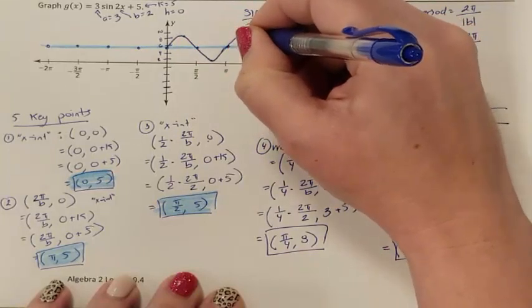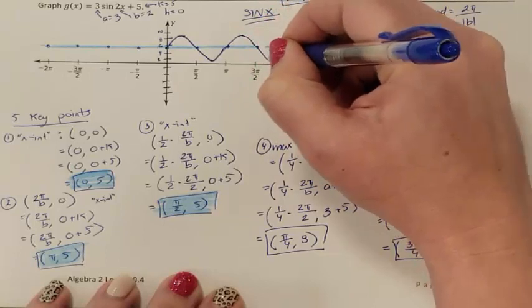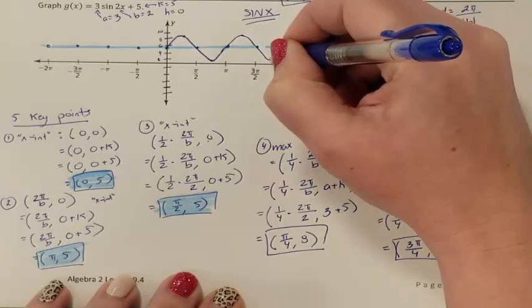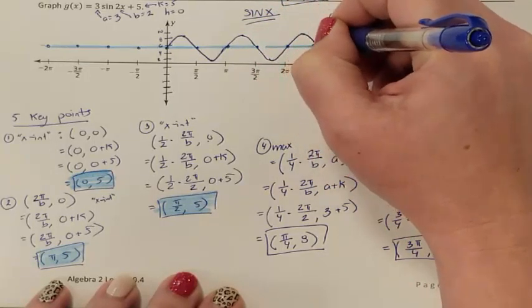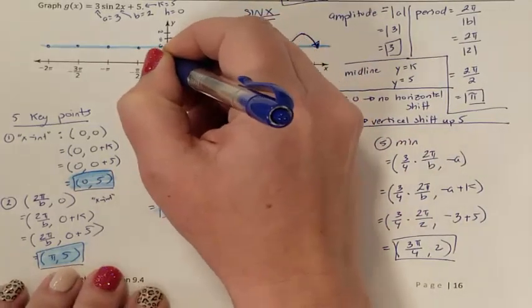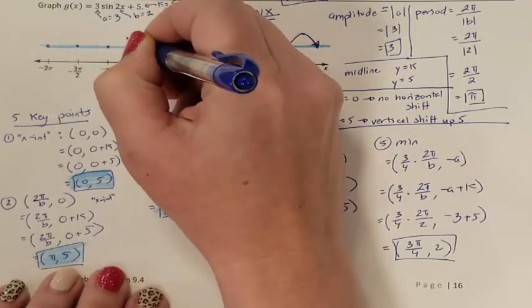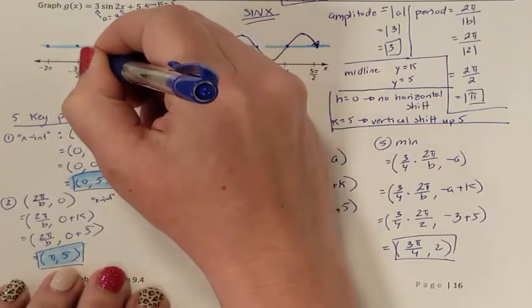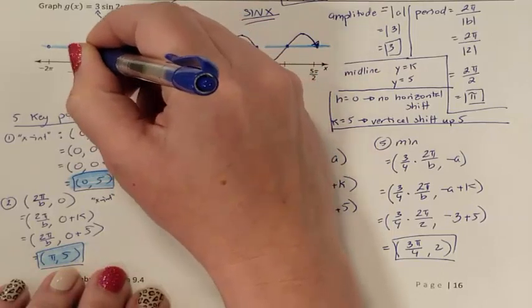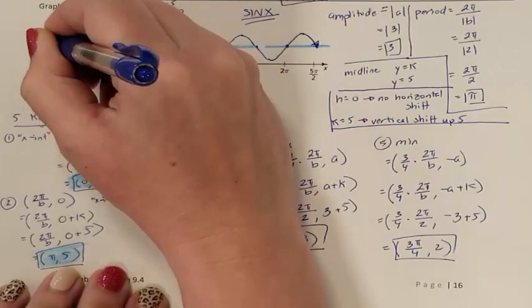So let's go up to 8, and now I'm supposed to go down to the 2, up to the 8 again, and then down to the, I have no more room. So from here, I need to go down to the 2, and I need to go up to the 8. Now I'm supposed to go down to the 2, and back up to the 8. And here is